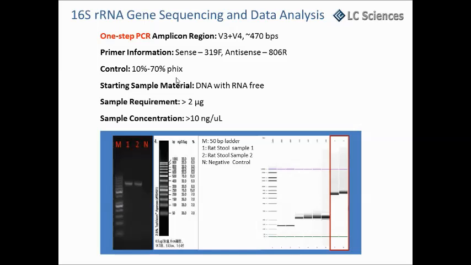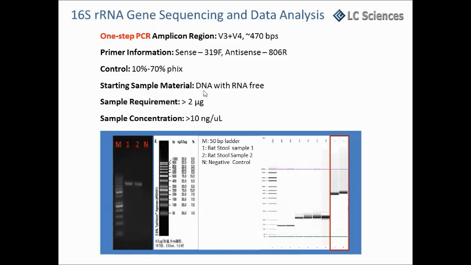It's about 10% to 70% based on the number of samples. And the purpose of the 5x is to increase the sequencing complexity, to make the MiSeq sequencer recognize the reads and the sequencing rate. And for the starting sample material, I want to emphasize that they are DNA samples,